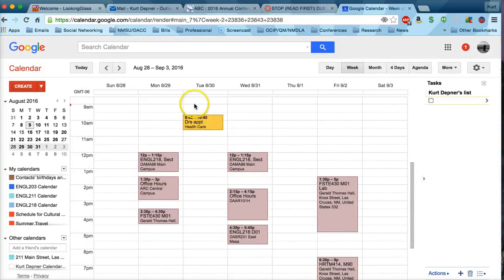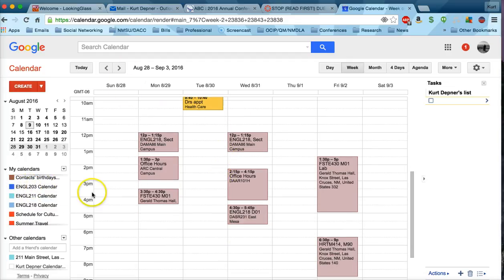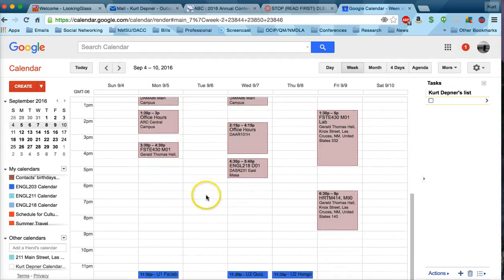You will also see, I'm going to go over here to my English 203 calendar because I have already set this up. But you'll see that I have all of the deadlines for assignments. All of the deadlines are 11:30 or 11:59 really every day. These are reminders to me that I'm probably going to be grading papers the next day because assignments are due at midnight. Again, this would be very useful to you because you could include these dates yourself. Now, that said, once I have these dates added to the calendar for your course, I am going to share